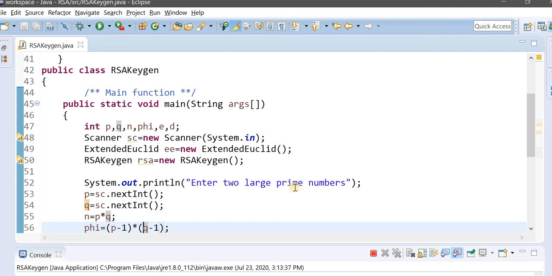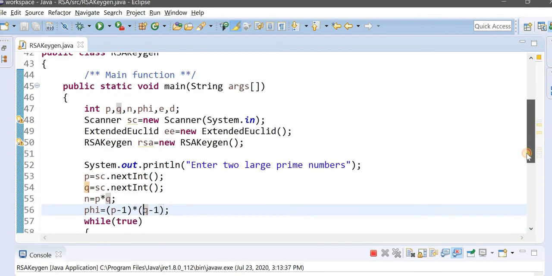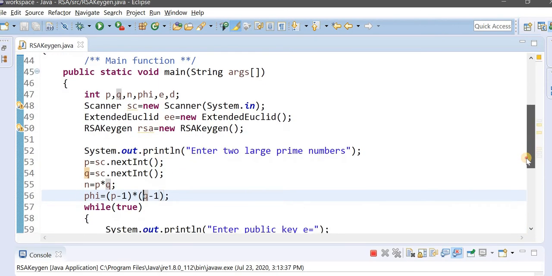So take the two large prime numbers P and Q. Calculate N. It is very easy: it's P into Q. To calculate Phi, it is (P minus 1) into (Q minus 1). Once you have calculated N and Phi, display them.